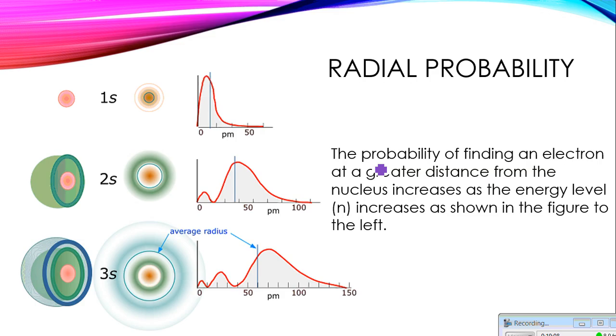If you were to plot a 1s orbital, a 2s orbital, and a 3s orbital, you'd get three different radial probability curves. The 1s orbital, if you took the average of the distances, right here along this blue line would be where you're most likely to find an electron in the 1s orbital. If you did the same thing for 2s, right here, a little further out from the nucleus, you would